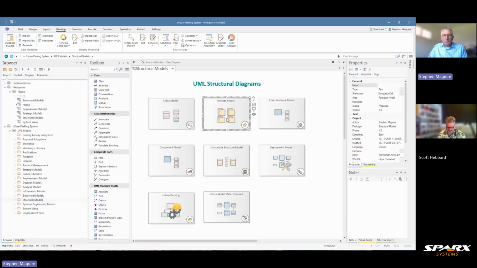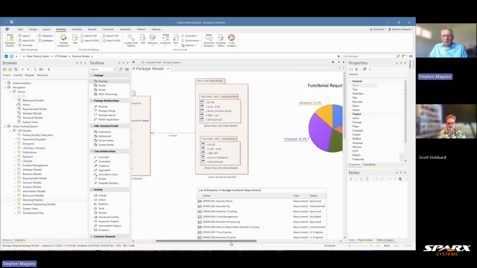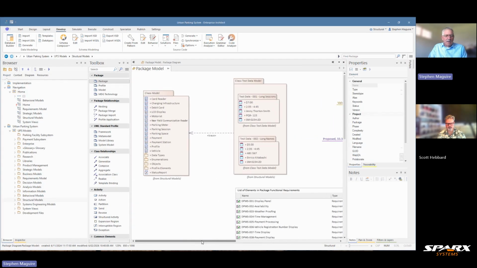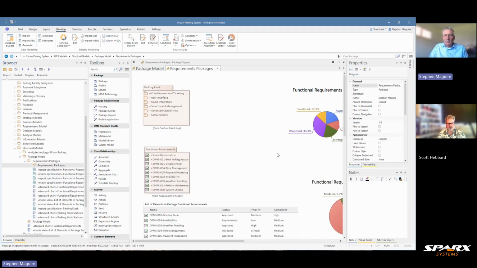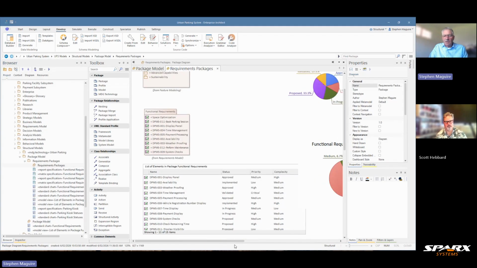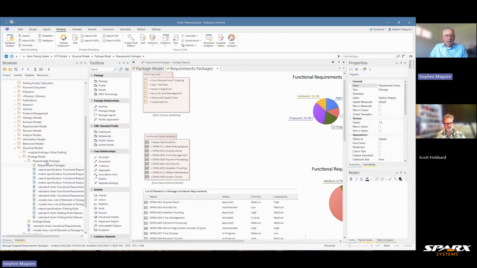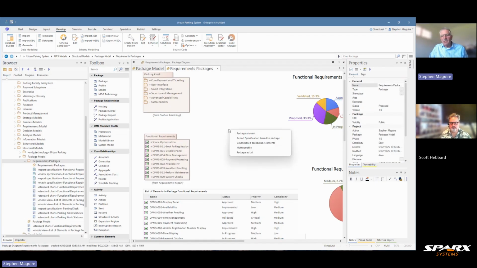We've got our package model, and we've got our familiar diagram where we've done a number of different models and representations of packages. Let's find that in the project browser. There it is. We had another one of these in our intermediate and advanced videos. So just to recap on that, that's dragging packages onto the diagram. So I do that, I get a list there of different representations that I can use for packages. So everything from a package element, a report, a graph, a matrix, and a package list. These are all covered in our previous video on advanced and intermediate